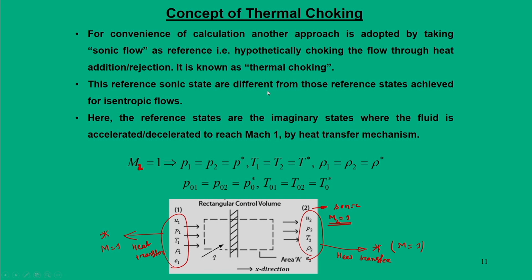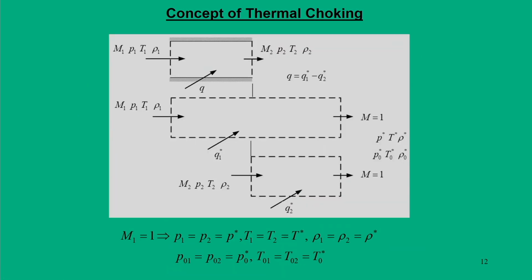So, that is the basic difference, that how a thermal choking is different from the mass flow rate choking. Now, to simplify this analysis, let me cite this example by using a pictorial representation. For instance, we have a one dimensional duct, where the condition 1 is defined. We also have some downstream condition 2 like M2, P2 and rho 2.